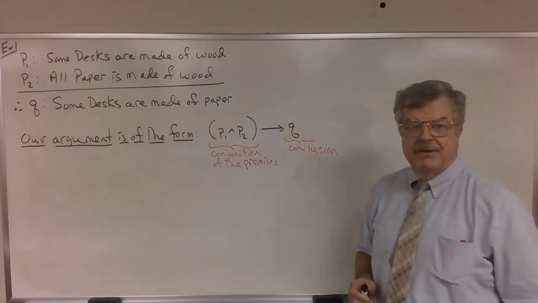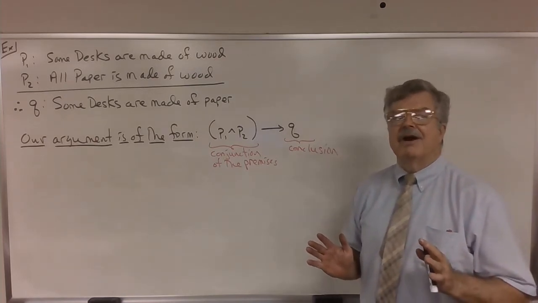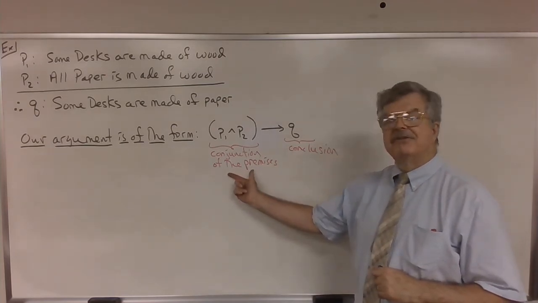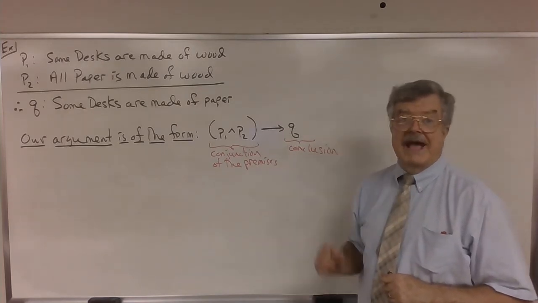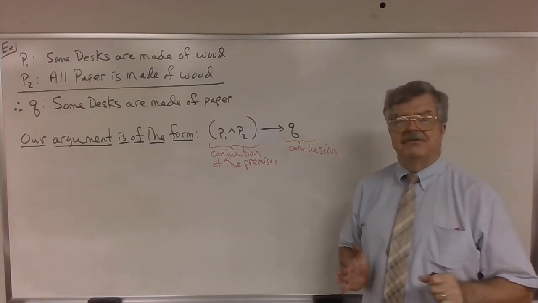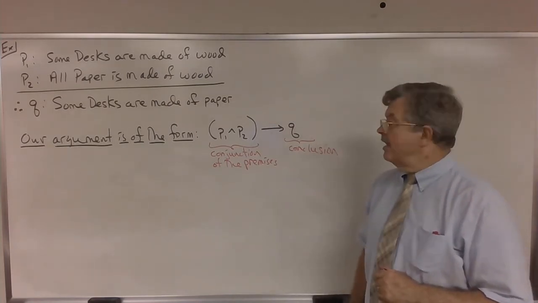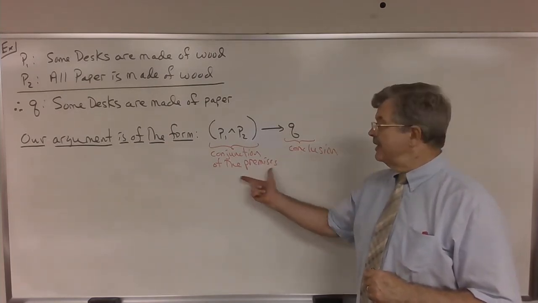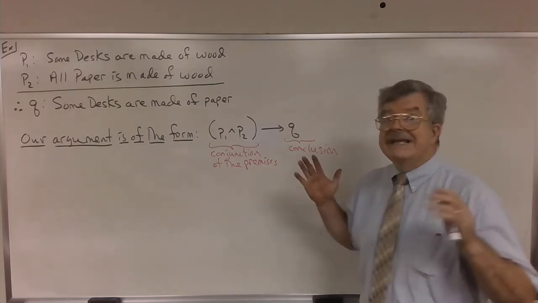So here's what we do. We try to draw our Euler circles or our Euler diagram in such a way that the conjunction of the premises is true and the conclusion is false. If we can do that, then there's at least one combination of truth values of the simple statements that makes this argument false. On the other hand, if we try to draw our Euler diagram in such a way that the conjunction of the premises is true and the conclusion is false, and we can't do it,